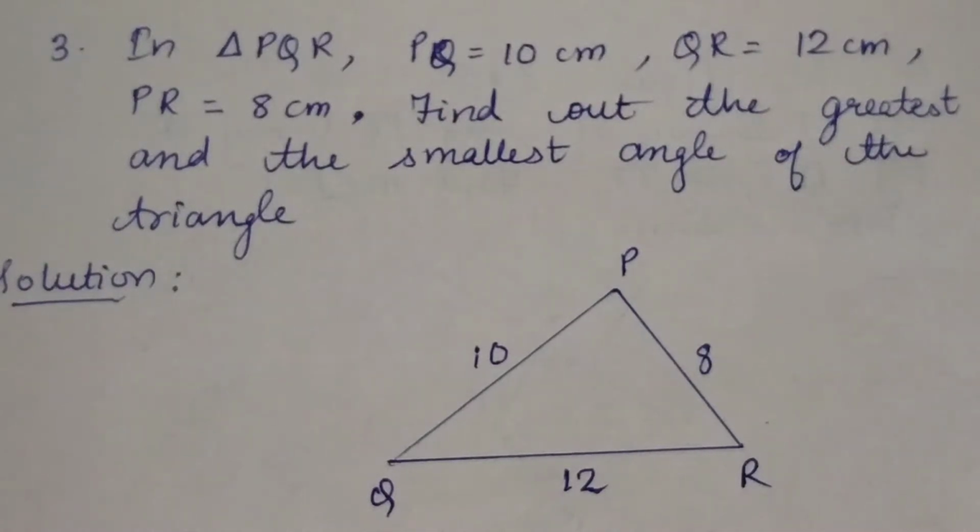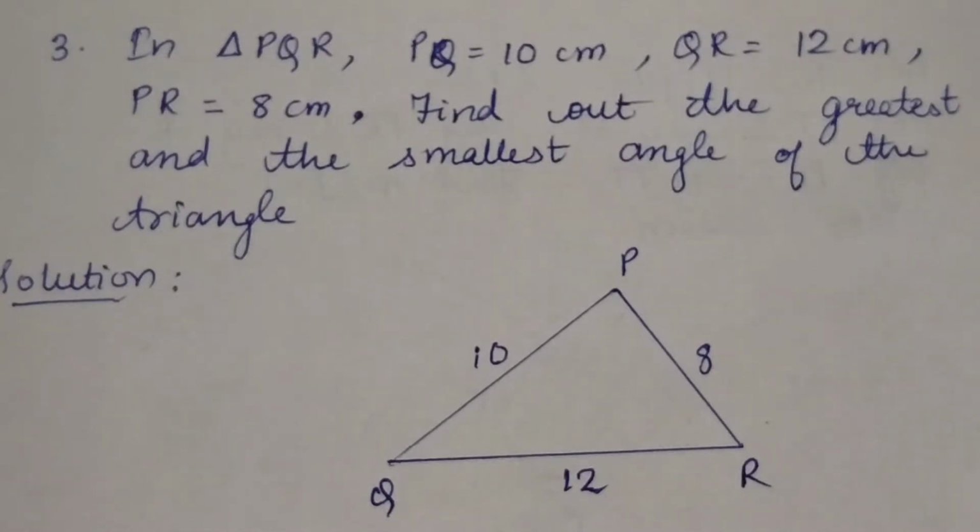Welcome back to part 2 of exercise 3.4 of the chapter triangles. Now, in part 1 of this exercise, we studied the sums which were based on the angle bisector property. Today we are going to study the sums which are based on the inequality of sides and angles of a triangle. What do I mean by this?